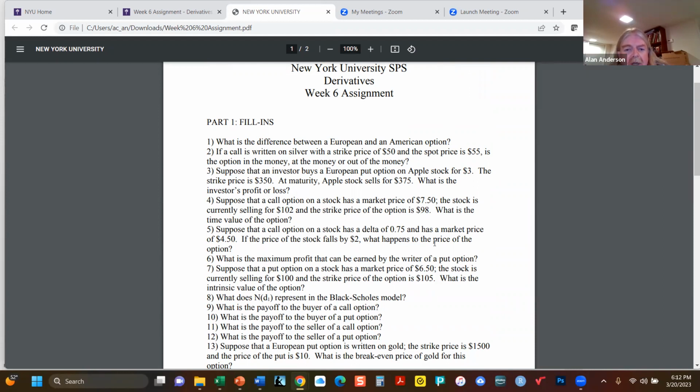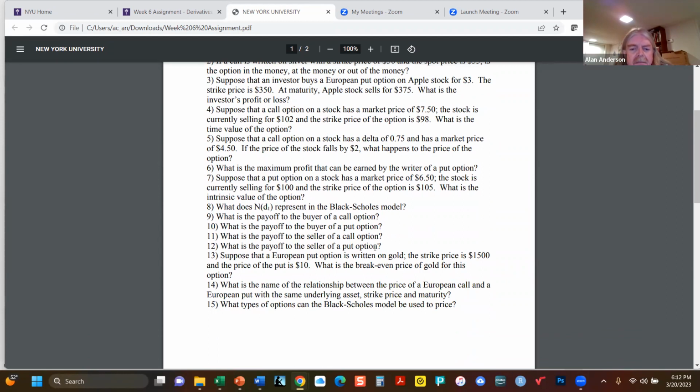So most of the work will come from these fill-ins. And, you know, there's a fairly good representative selection. So if you can do these, that means you really do understand what we've been doing. So I didn't ask any questions about the binomial option pricing model because it's just too complicated. I guess I could have, but I thought it would be a bit much since it's a very complicated topic. So I just wanted to introduce it to you,